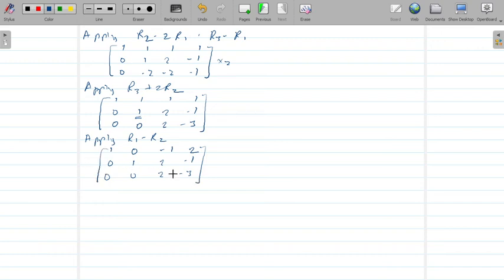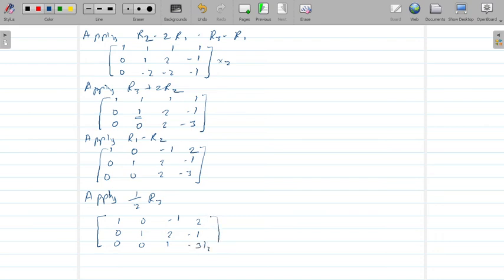Now we want this entry as 1. We don't have any option to reduce the fraction number, so you can apply 1 upon 2 R3. So your matrix will become 1, 0, minus 1, 2, 0, 1, 2, minus 1, then 0, 0, 1, minus